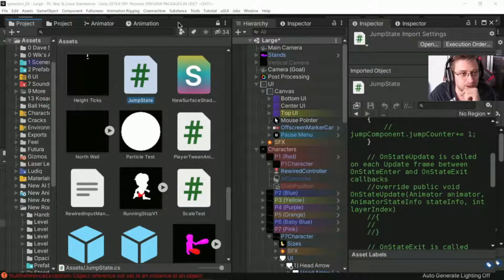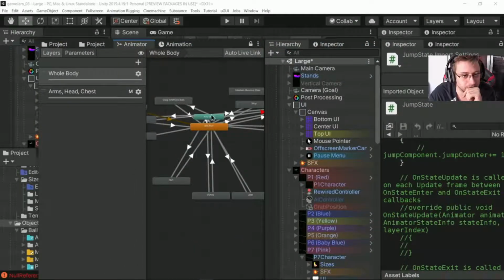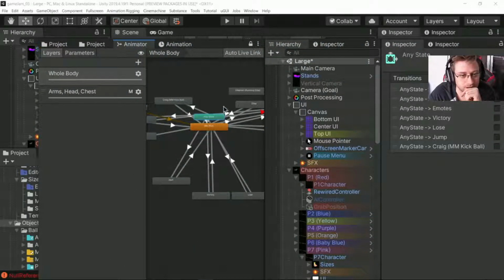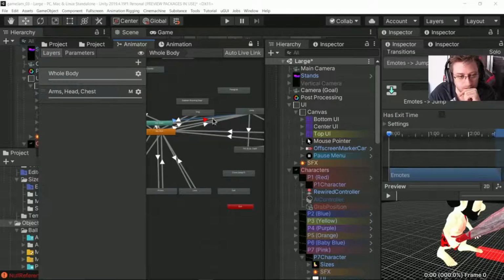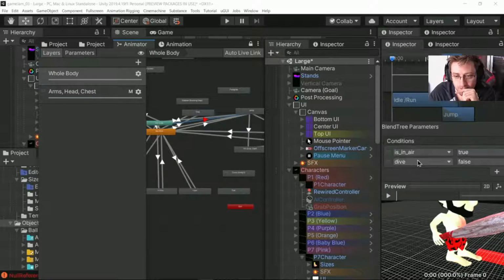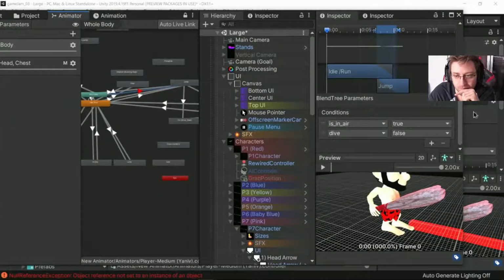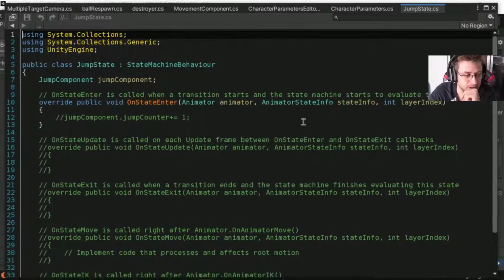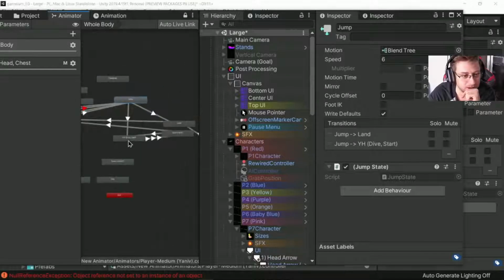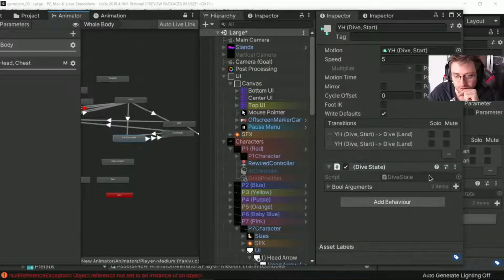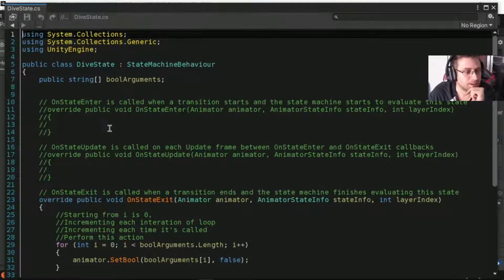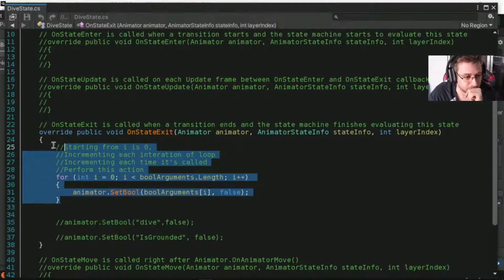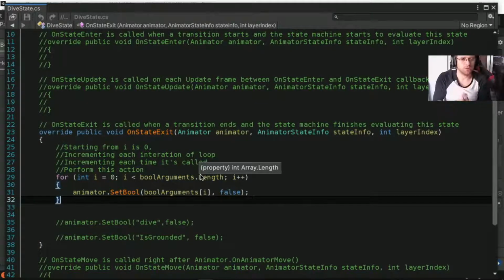These are states in our animator that let us. What do we use one on? I don't think it's on a jump state. Yeah. So it's basically just a script that. Oh, this is completely empty. Never mind. It's not this one. It's with diving. I'm pretty sure it's with diving. And so it's a script that just goes through a loop and makes sure that